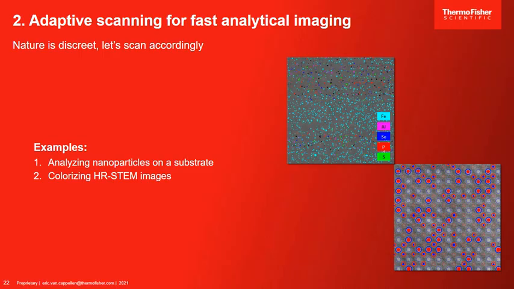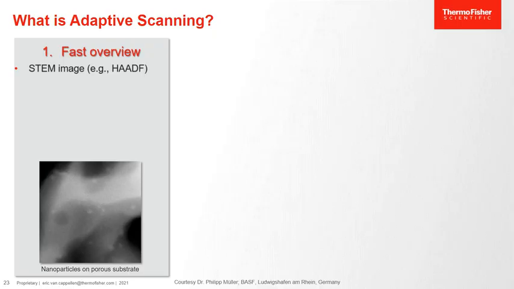Let's move on now. Let's go from semiconductor to material science. So basically from a commercial Thermo Fisher product to customized automation developed by early adopters of the AI functionality on our TEMs. Both examples are about so-called adaptive scanning. The first one is explaining what adaptive scanning is, and this approach was developed by BASF in Germany, and they kindly allow me